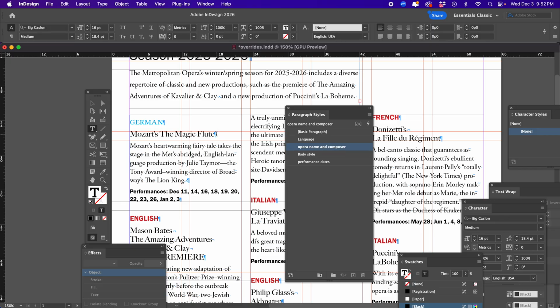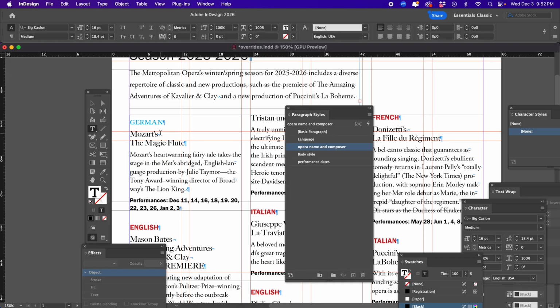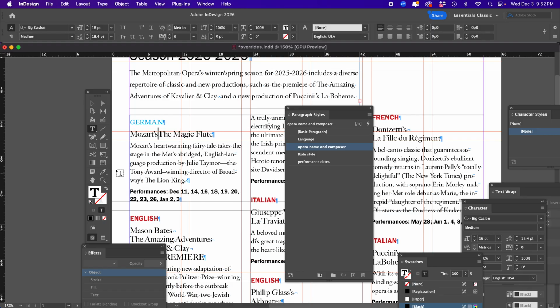There's the Pilcrow, there's the hard return. This is a space. I'm going to grab it, I'm going to put one finger on the shift key and one finger on the return key. And there, I've done a soft return. Now, you say to me, Chris, why not just hit the return key? Well, if I go back, the answer is